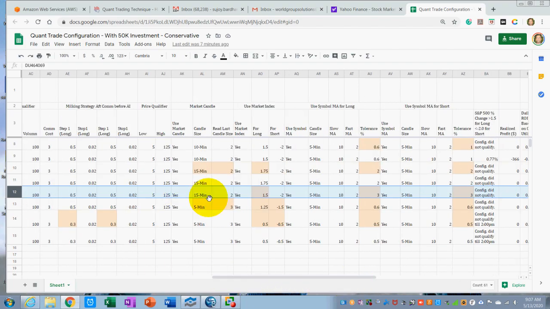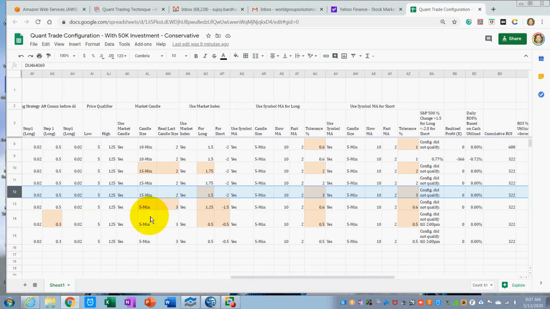And then we have moved from 15 minutes on a 2 bar. Of course, we are looking into the market. We have moved from 15 minutes to a 5-minute bar, and looking at the 5-minute bar for the last three, that means the last 3 bars have to be higher high instead of two. We have moved the expectation level for the market index from 1.5. We kept going down and down and down to 0.5% yesterday.